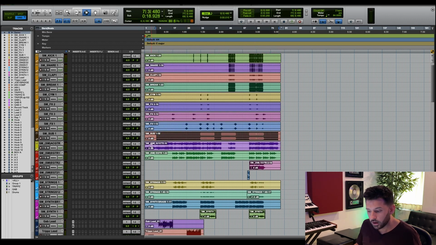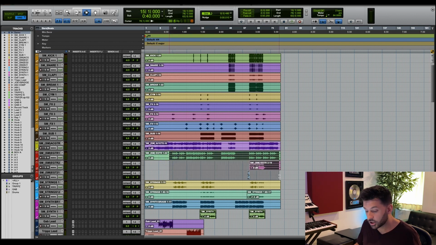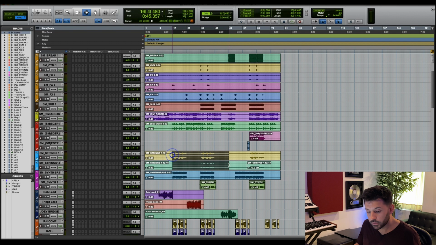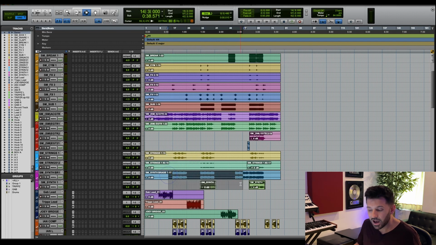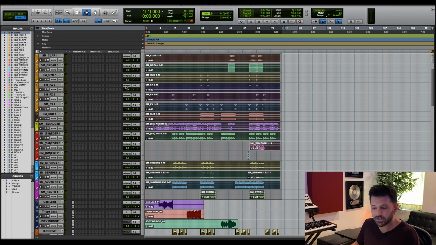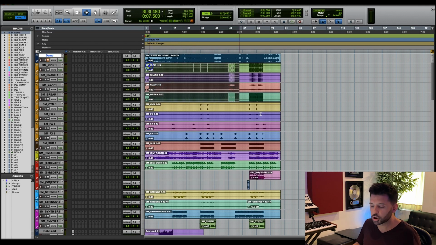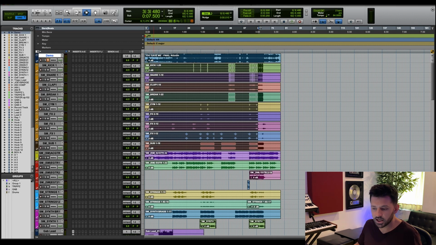Okay, so now we have all the drums, bass, the main instrument, which is a guitar, and then the additional instruments here, electric guitar, there's some strings, and then some synths. I like to organize my session with all of the music stuff first. And the reason why I don't have any tracks set up in my template for music is that every song is produced so differently, it would make no sense to try to anticipate what you're going to receive or what you're going to create. So I usually just import stems and keep it easy, and these are in the exact